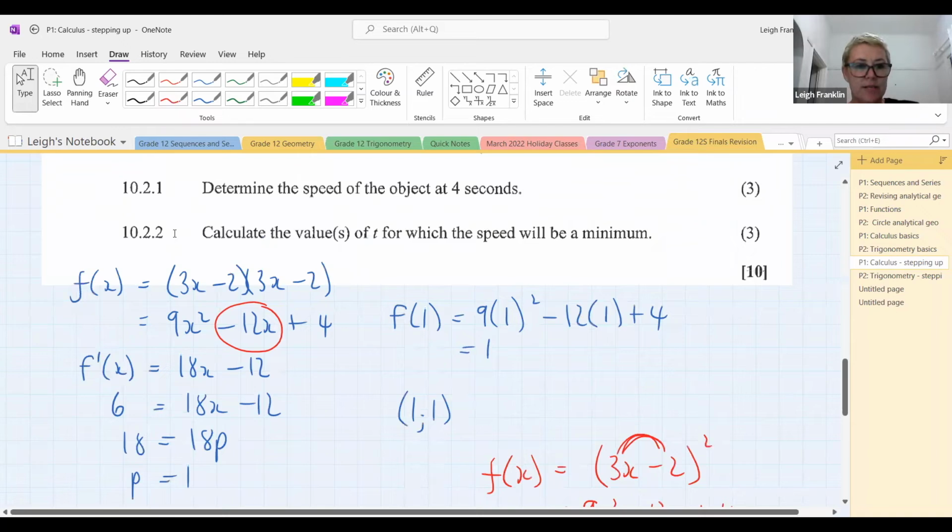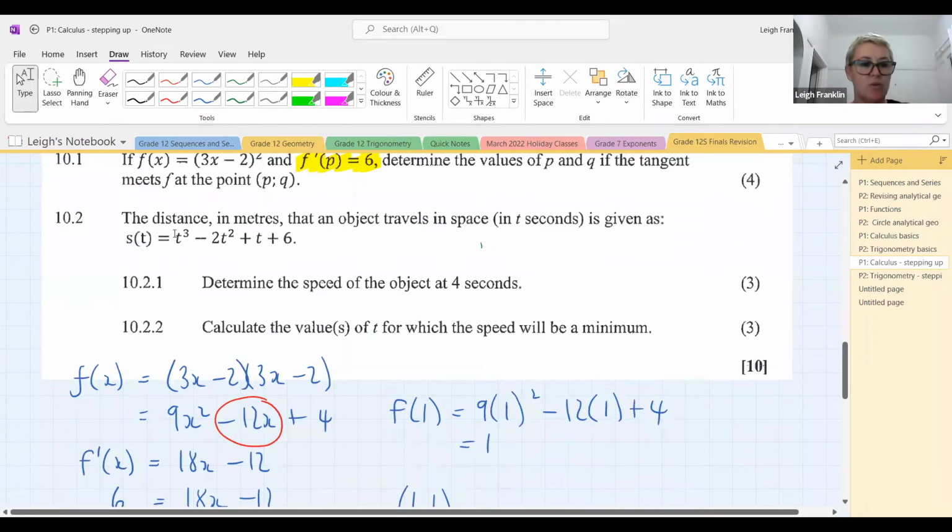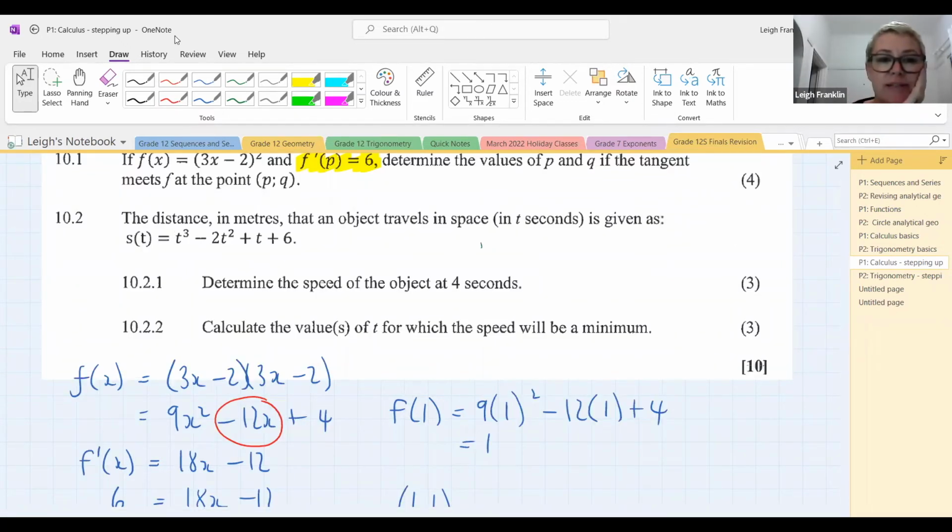All right, let's have a look at the next question, number 10.2. So they've told us that the distance in meters that an object, oh, sorry, hang on, Tisha. Yes, but I didn't sub. Oh, okay, but now Tisha, all right,